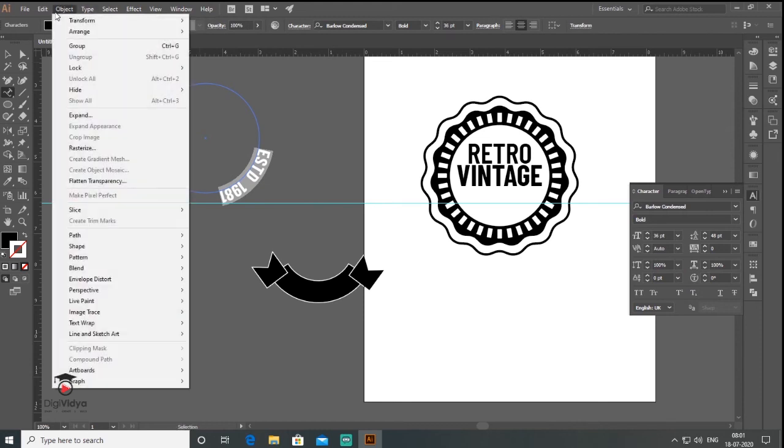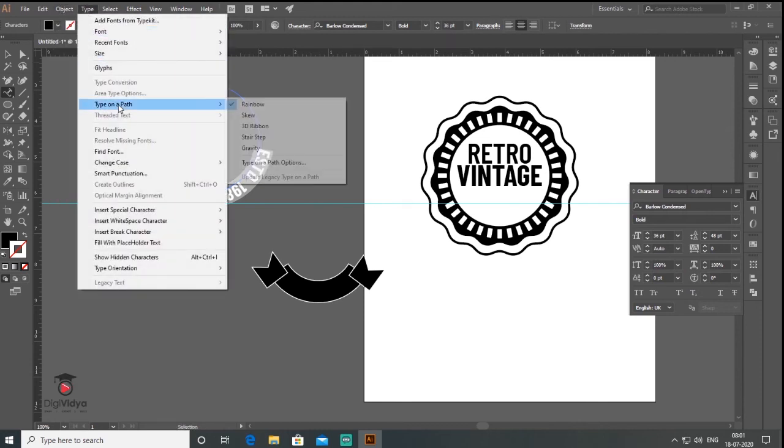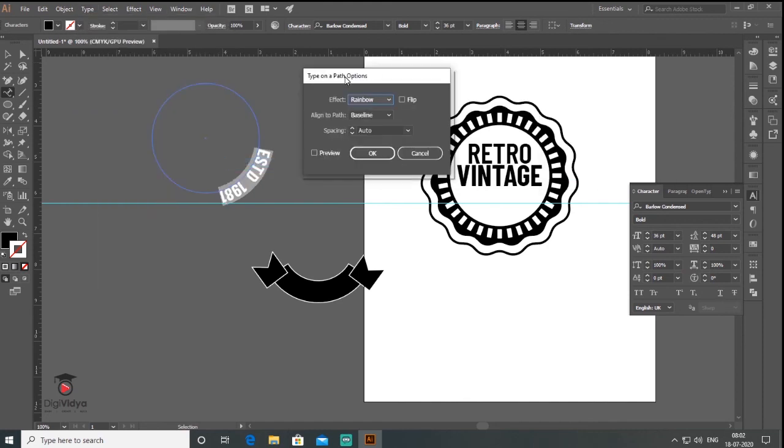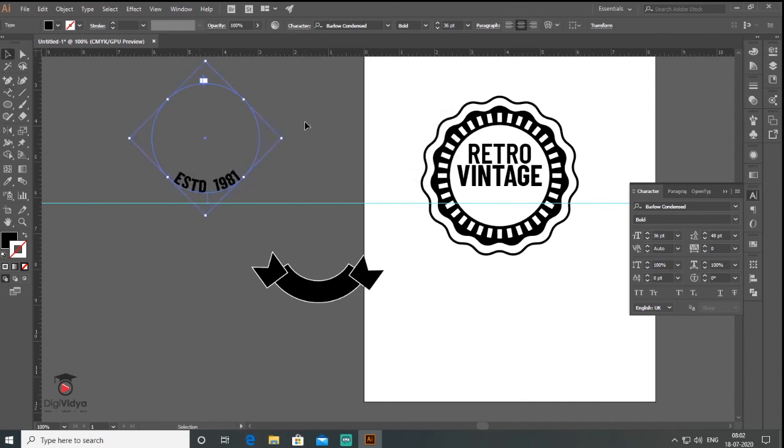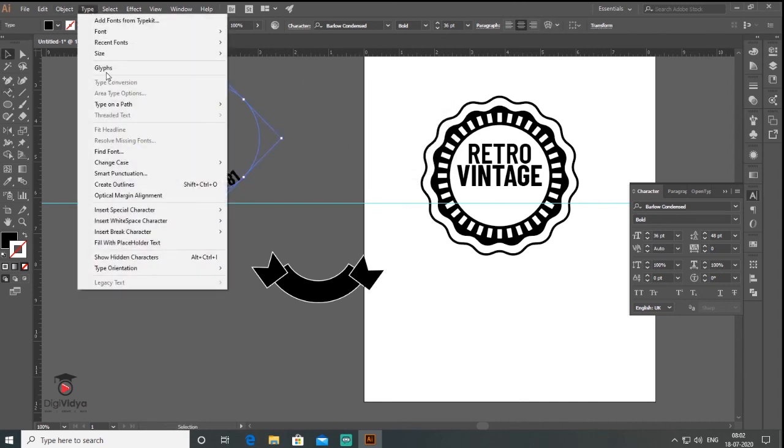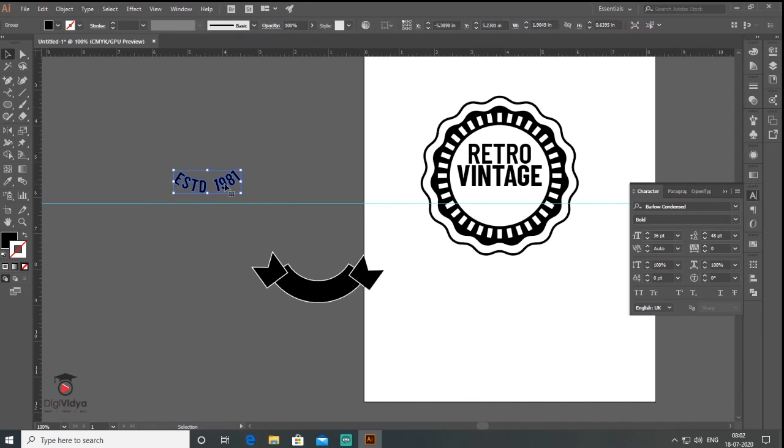And then with the type on path tool option, I just click and flip, easy, and then press OK, right?